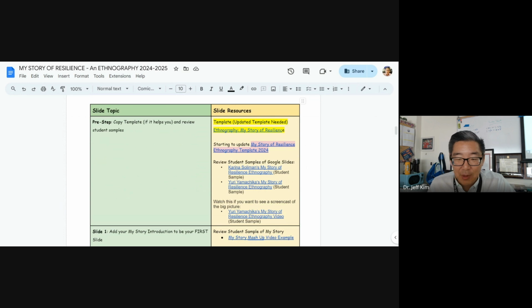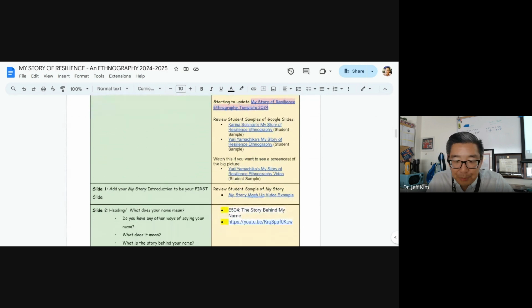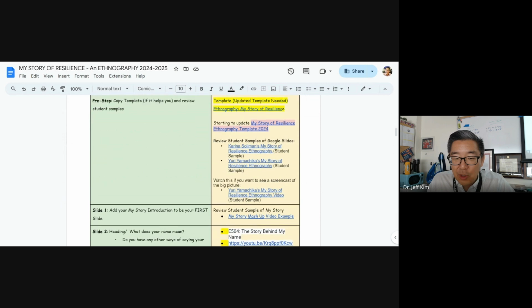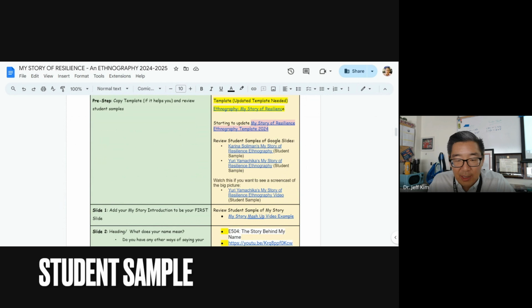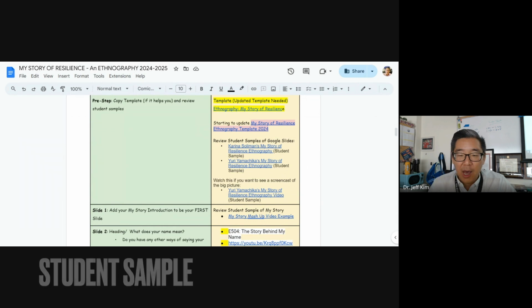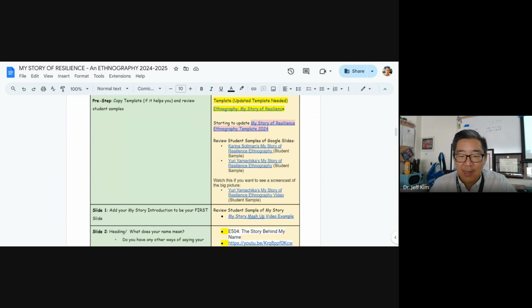It was actually created by a student, and now we're using this template. Once again, students don't have to use it, but they can as a scaffold and a support if they would like. Also, I have other students in the past who've done a wonderful job, and so you can see their student samples here. They're exemplary student samples, which you could also use to tell that story as well.